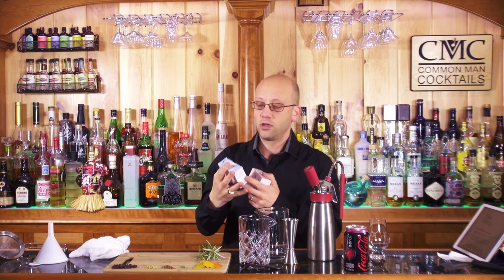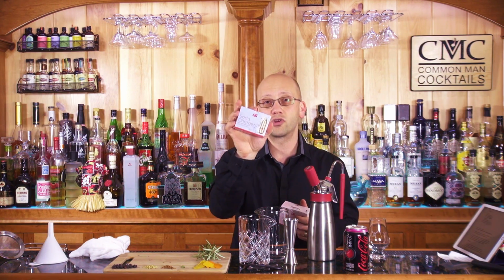And this little additional doohickey here is really designed by the ISI folks to work for those that have decided to use this as an infusion device. We're going to infuse it using this specific device alongside the ISI cream chargers. These are different from carbonation. Carbonation chargers or soda chargers are in a different box. They use CO2. These use NO2, so it doesn't give a carbonated flavor to it,